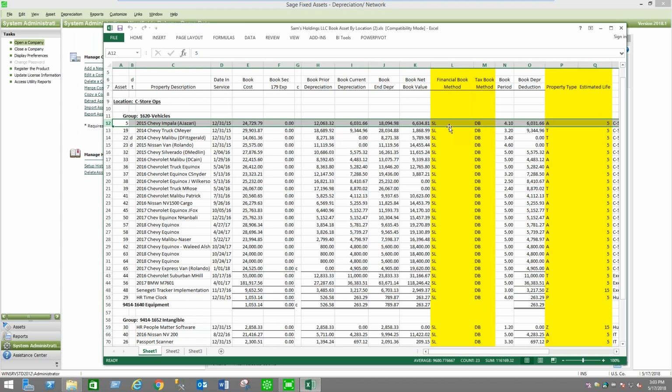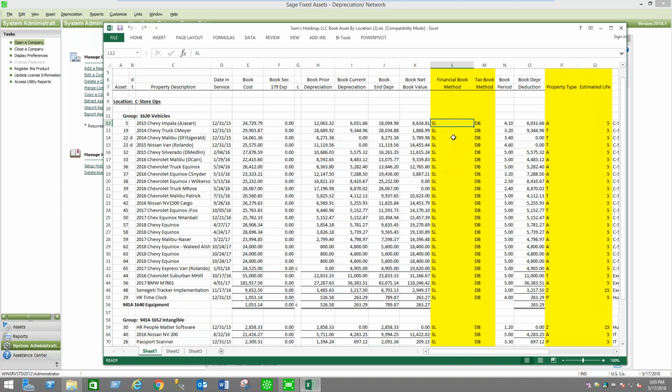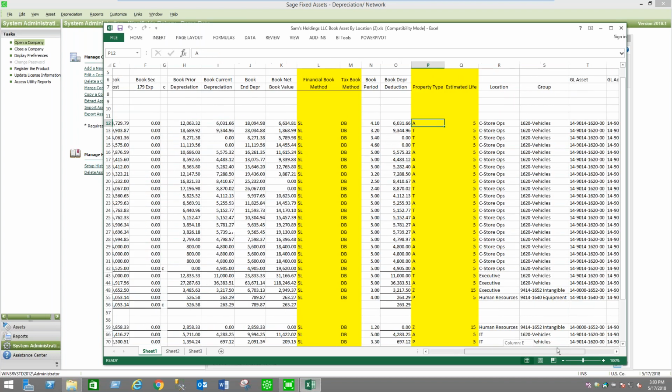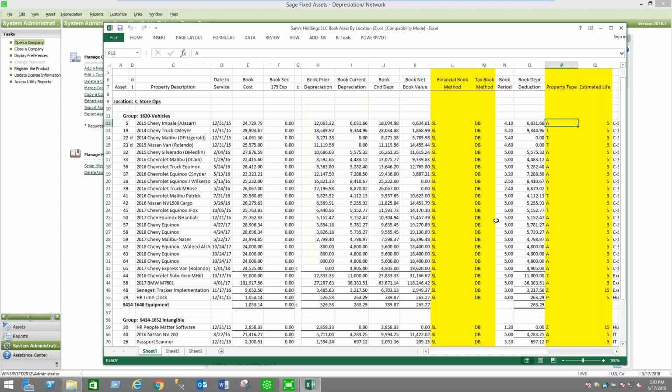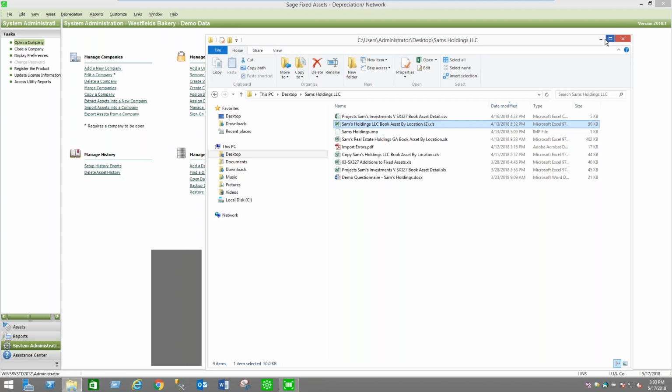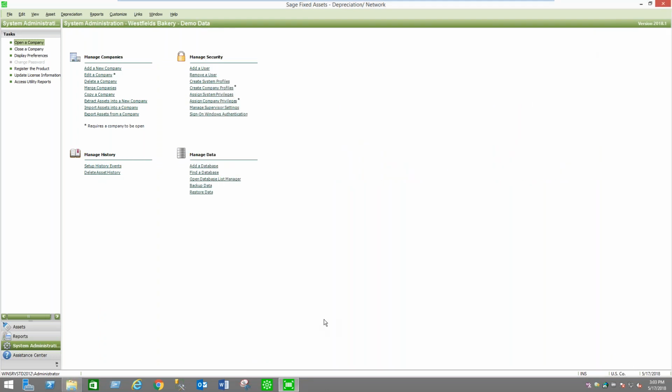You'll want to ensure that you have depreciation methods correctly identified. The must-haves, of course, place in service date, whatever your acquisition cost is, property types. So you need to ensure that you have those mandatory fields identified in your spreadsheet, and then you can actually import from a spreadsheet directly into the fixed asset module. So let me actually walk through, before I go into the report section, just what that looks like,